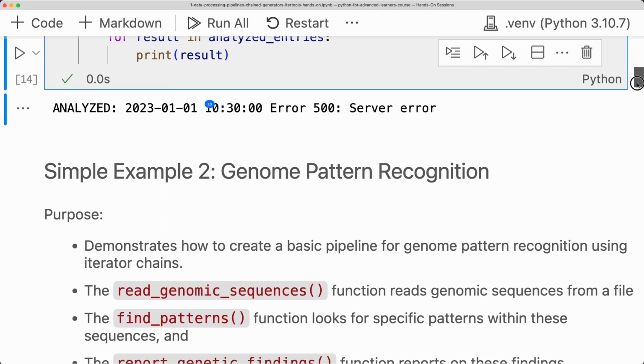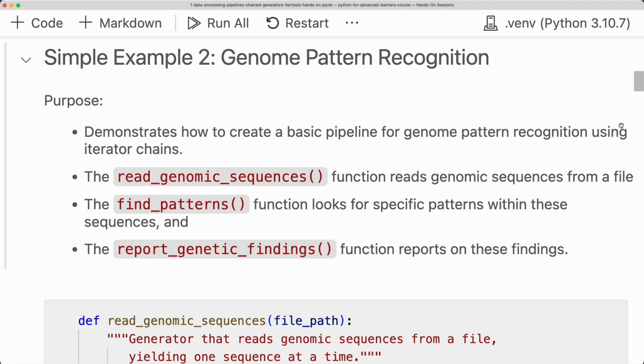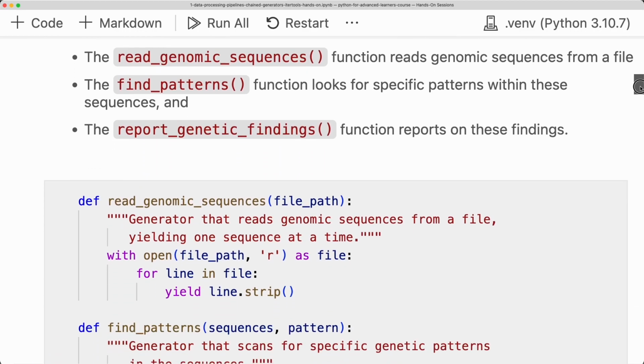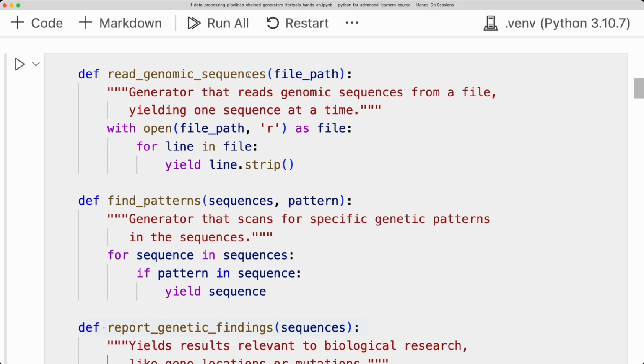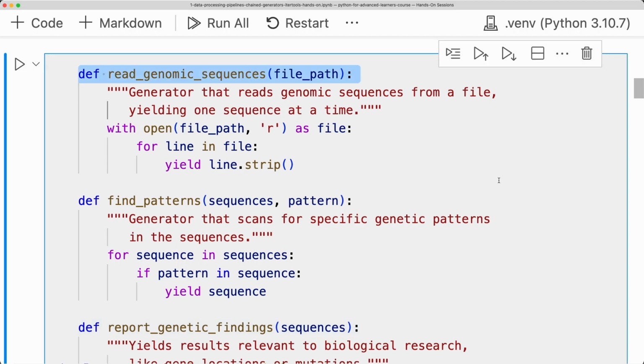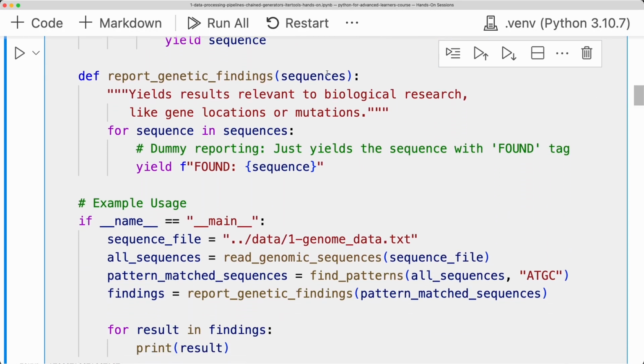In our next example with genome pattern recognition, we have the read genomic sequences function that accepts a file path for an argument. We have the find patterns function, which has two arguments, sequences and pattern. It searches for specific patterns within genomic sequences. Then we have the report findings function, which has one input argument called sequences, and this function reports the findings